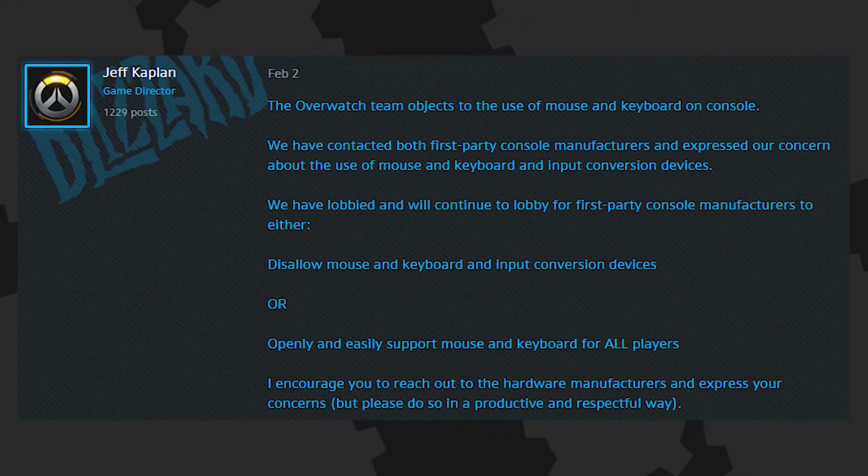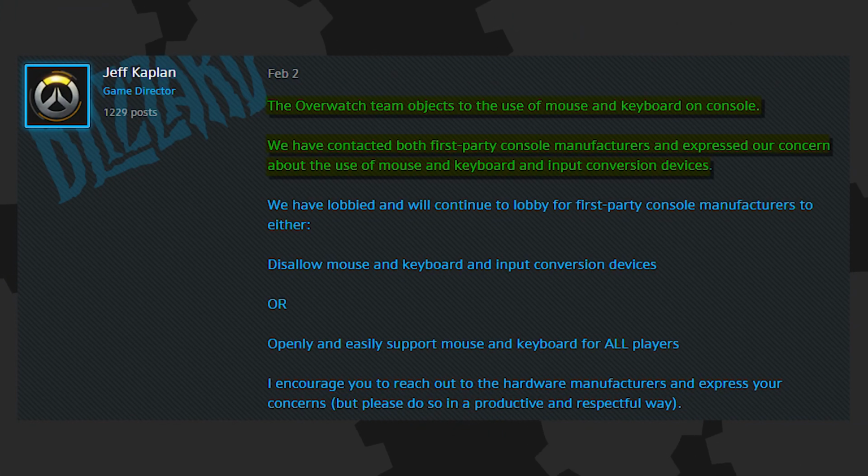And then they ran into other problems with that setup on console as well because players were using Zim to upset the balance of competitive Overwatch. After Zim spoofing became a problem in ranked Overwatch play on consoles, Overwatch director Jeff Kaplan popped into a thread with Blizzard's definitive take on the matter, writing, "The Overwatch team objects to the use of mouse and keyboard on